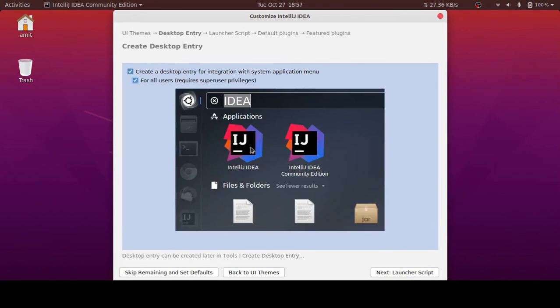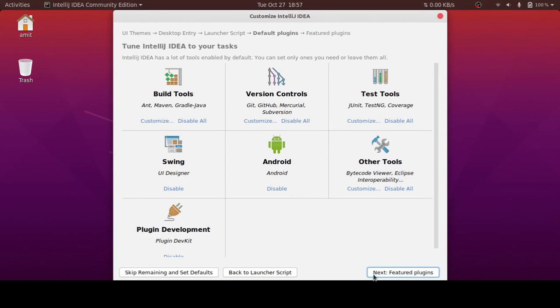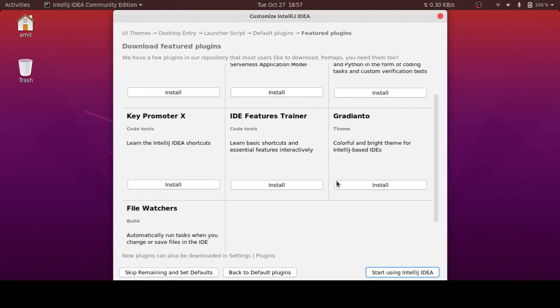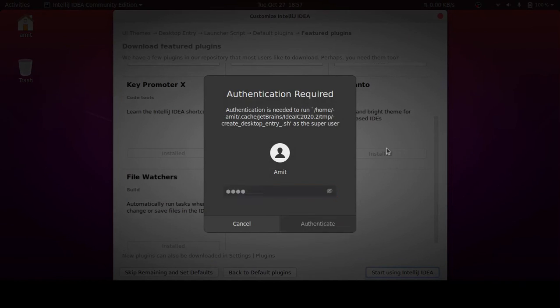So click on next, click on take this one, click on next, install the last four as I've already told you. I don't want to extend the video much. Okay, so it is done. Now you can simply start using the PyCharm IntelliJ IDE.